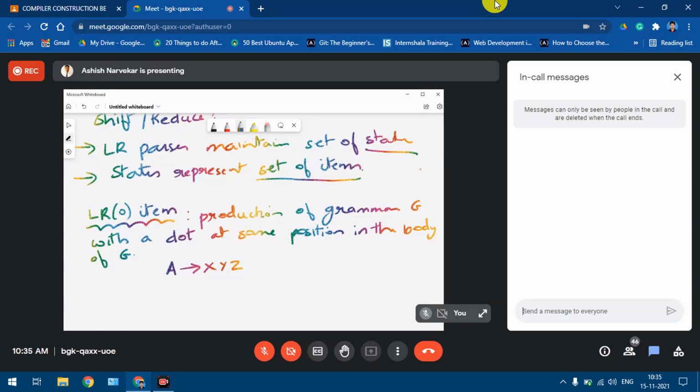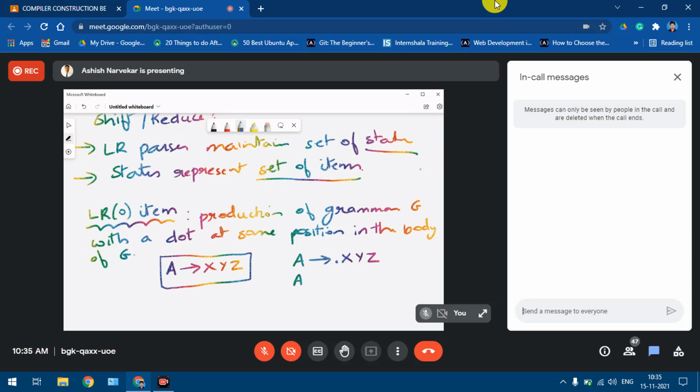So if I consider that this is my grammar G that is given to us, then the items will be written as A gives, with a dot at the beginning, X, Y, Z. After that, this dot will be shifted across, crossing over the first symbol.